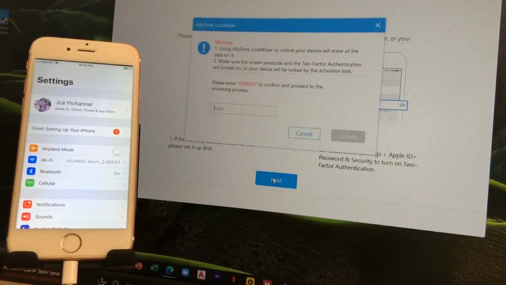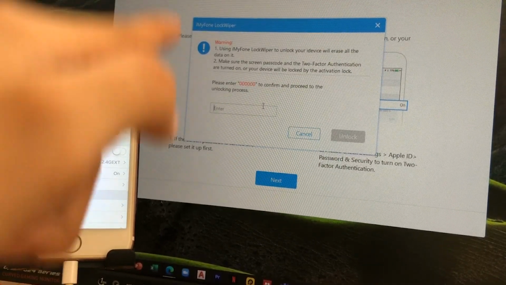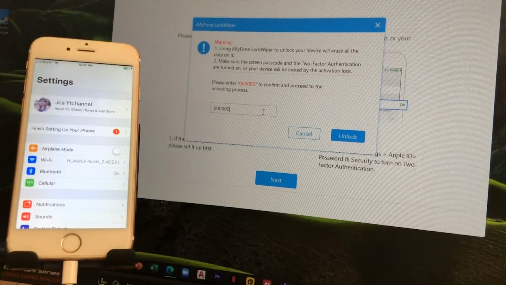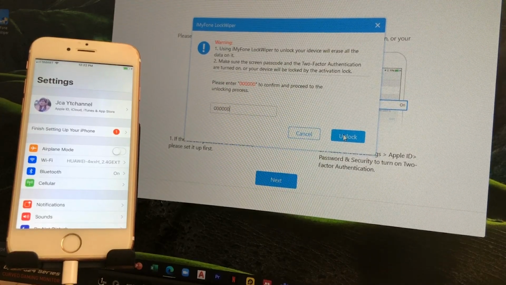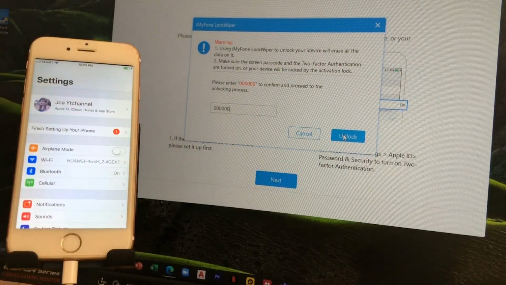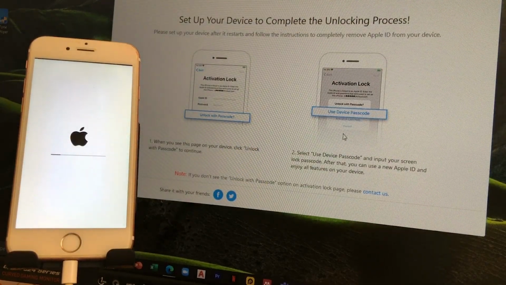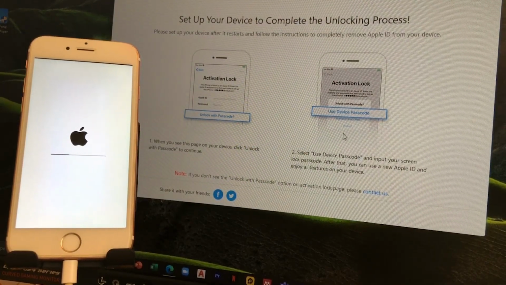Just tap next and input 6 zeros in the screen. 1, 2, 3, 4, 5, 6. And as you can see, after that, just press unlock. And as you can see, this process will be fast and it will only take us less than 5 minutes